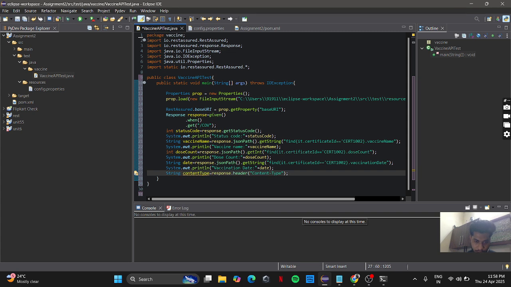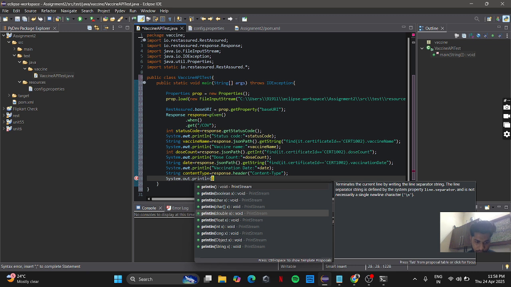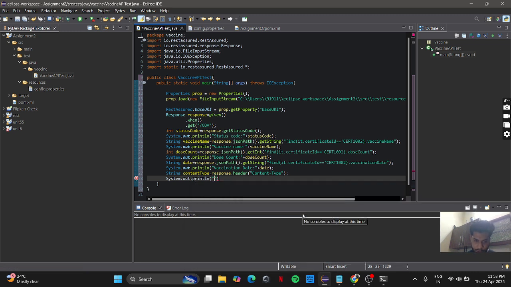Okay, so I have created object content type. Now system dot out dot println, where I have to print the content type, content type plus